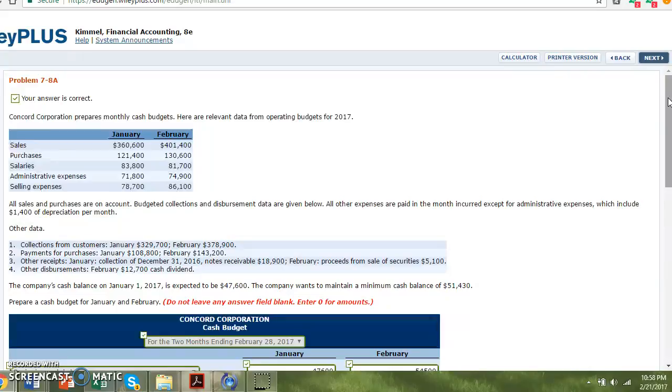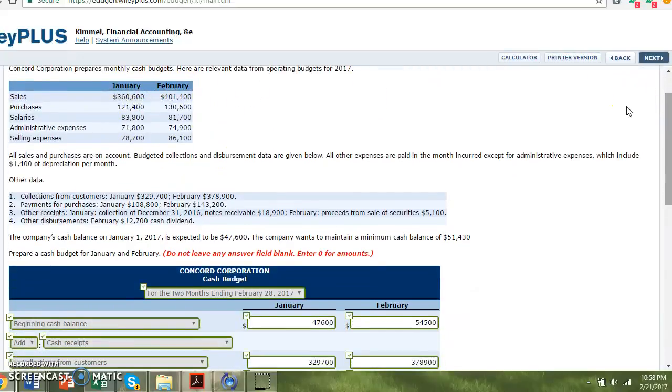Anyway, I'm doing it in Wiley Plus so you guys can see that everything's right in here. You're given a whole bunch of information for Concord Corporation. Remember, your amounts are going to be different than mine. And then you're given their sales, purchases, all that stuff, and then you're told that sales and purchases are on account, that the budgeted collections and disbursement data is given down here, and then all other expenses, so the salaries,